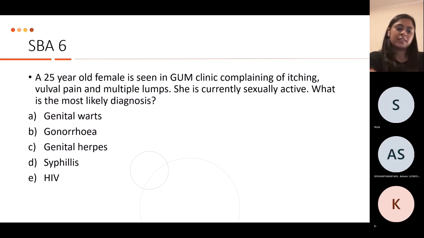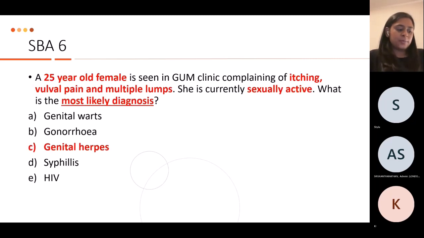Just 5 more seconds, because I think most of you got this correct from what I can see. And you are correct, it is genital herpes. Itching, vulval pain, lumps in a sexually active female, most likely to be genital herpes. I guess the only other thing maybe that I used to throw you off is the use of genital warts